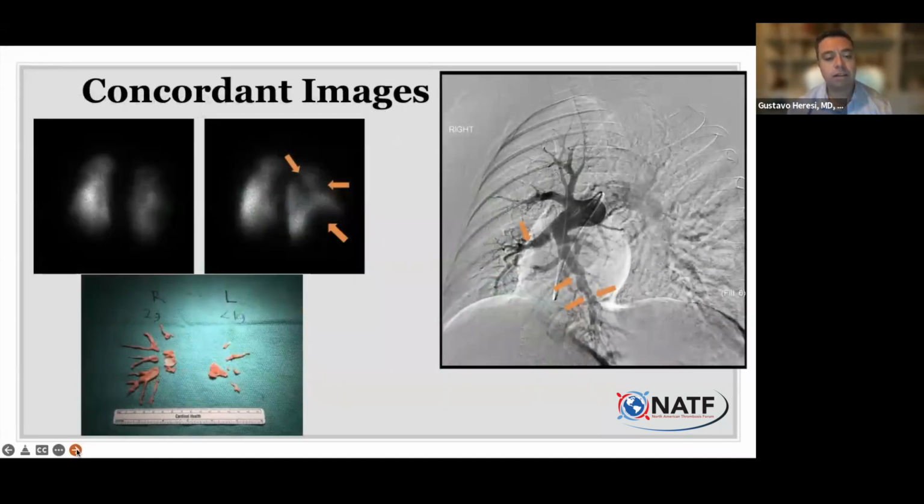And this is my last one, and I like always to show this because I always tell people the reason we do all of this testing, and sometimes it seems like a lot and long days, is because we really like to corroborate the information from the perfusion scan, from the CAT scan, from the pulmonary angiogram that I'm showing you here, that Anjali is going to show you more examples of.